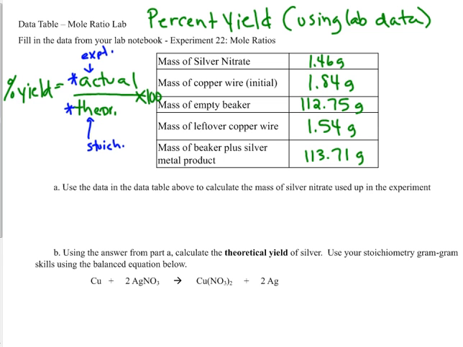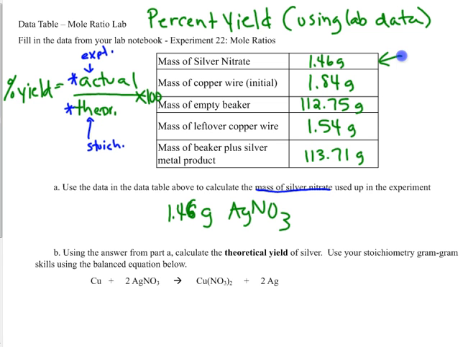And so what we're going to do is find the mass of the silver nitrate that was used up in the experiment. Now in the lab that we did, we determined the mass of the silver nitrate directly. We did not weigh the beaker that we measured the silver nitrate in to begin with. So this number right here, 1.46 grams